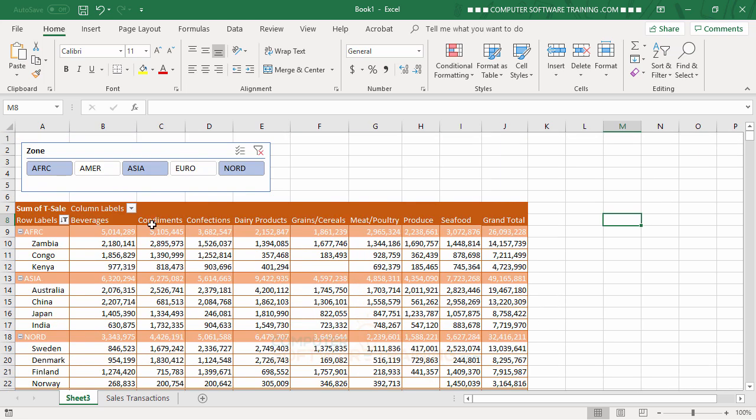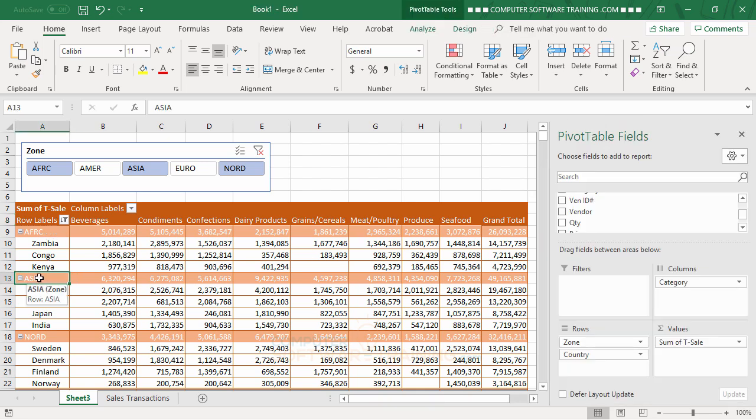So the reason I'm showing this is that the slicer works just like anything else as far as working with this filter here. So if I went back to, let's say, I clicked onto Asia here and hit my regular, what we would call the field item filter,